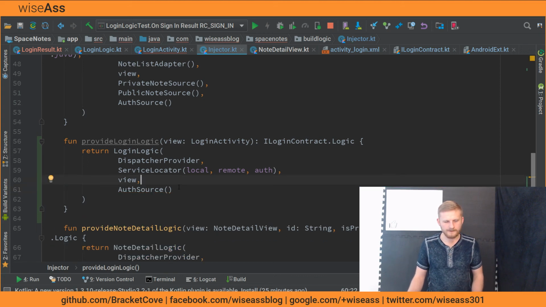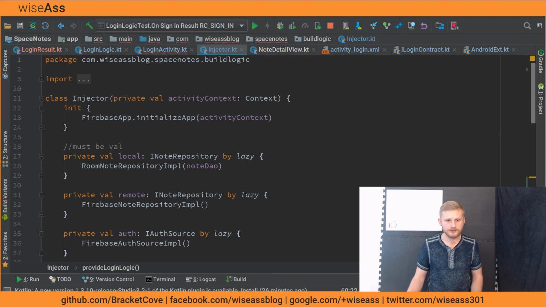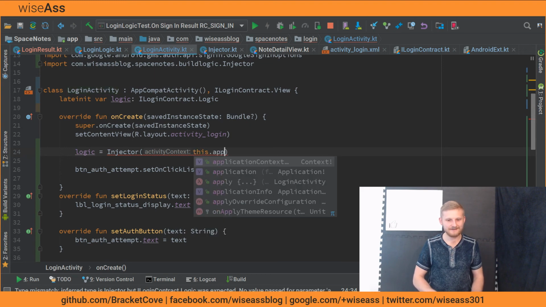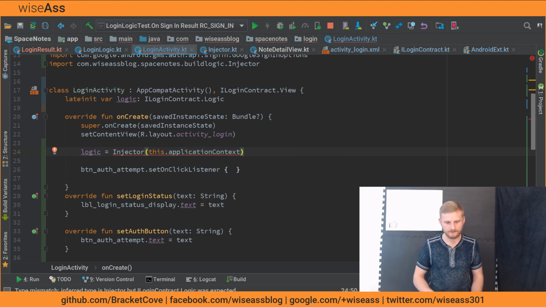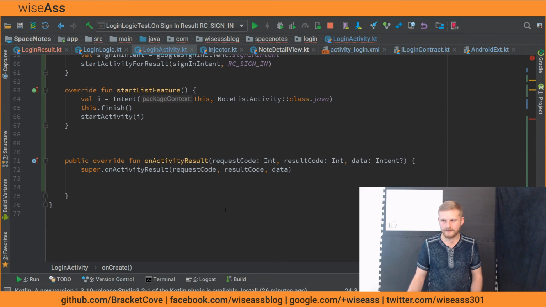Okay. Do we need to pass anything else in here? I don't think so. So we say injector.provide. Come on, help me out here. I thought injector was an object. Am I insane? Injector is not an object. I am wrong. All right. Let's say this dot application context dot provide login logic. Cool. Okay, so we get the logic, and then down here we say